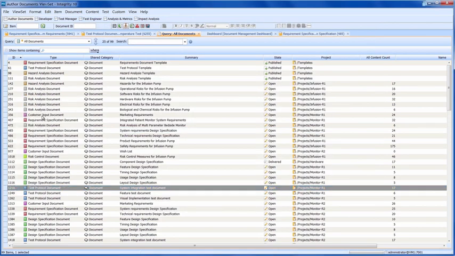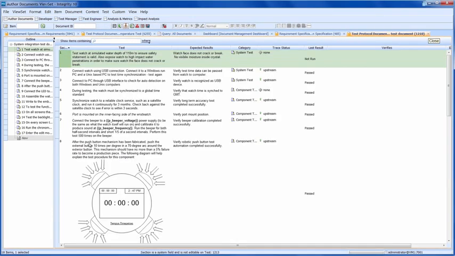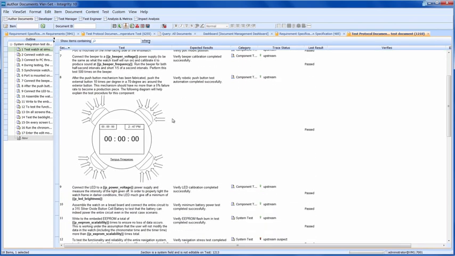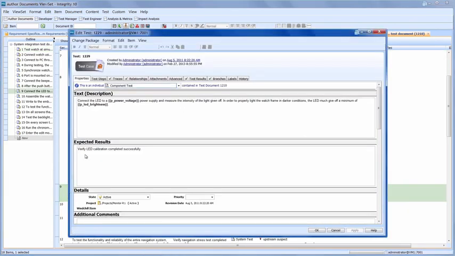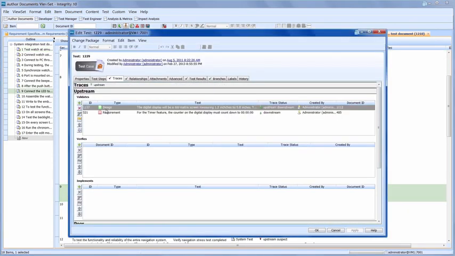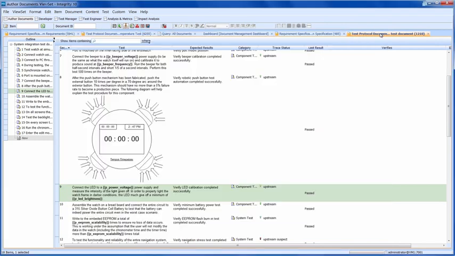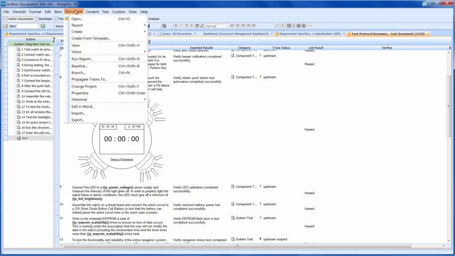PTC Integrity Lifecycle Manager offers a completely integrated test approach, where test management is an integral part of a continuous process connecting design, development, testing, and deployment phases of the application lifecycle. With Integrity Lifecycle Management, you can see how easy it is to find all upstream and downstream items related to